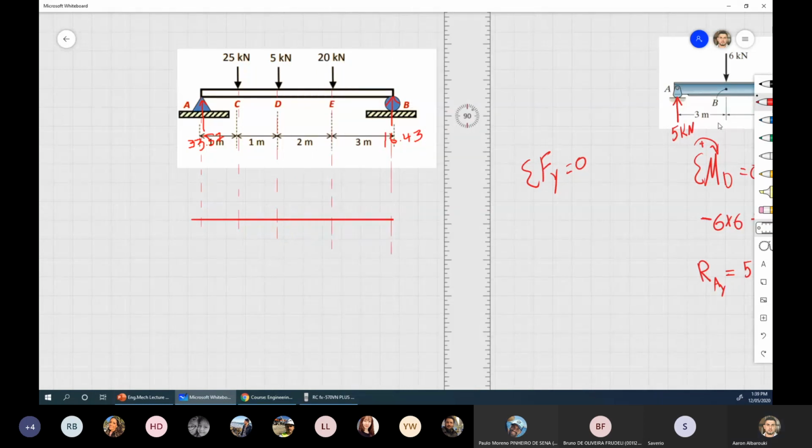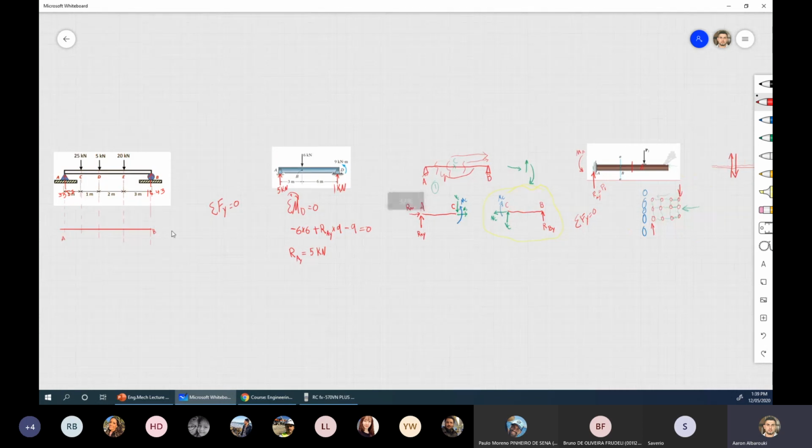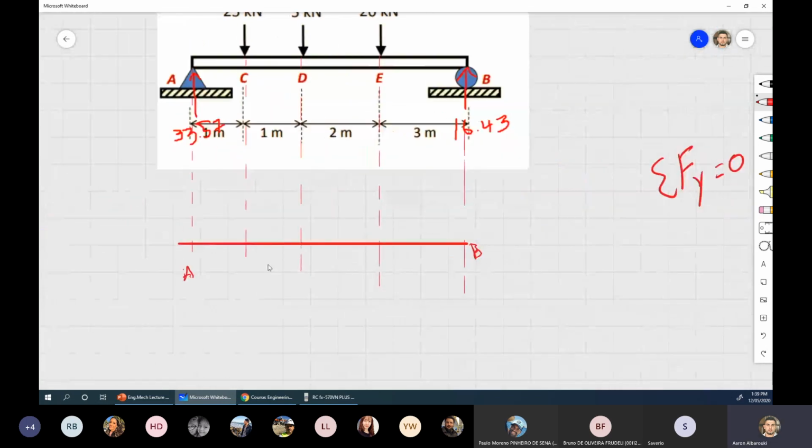Okay, so this is our beam. We can call it A, B. Okay, based on this, is that 100%? Okay. Based on this, what should happen here at the start, based on our sheet or free body diagram? Anyone can tell me? Up